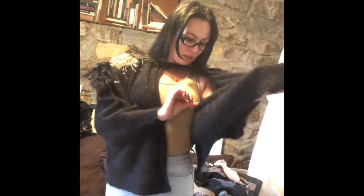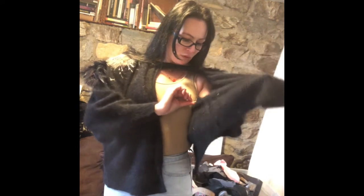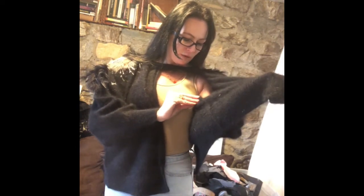90% wool and angora, but it doesn't tell me how much, and some nylon. So we've got wool, angora, and nylon. You can wear it as just a wrap over an evening gown. If you're going out, you can wear this to the club, but wait, it gets better. You ready? Hold on. Okay, so the back,